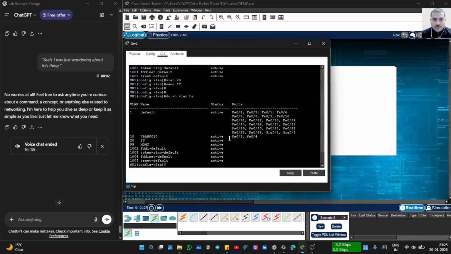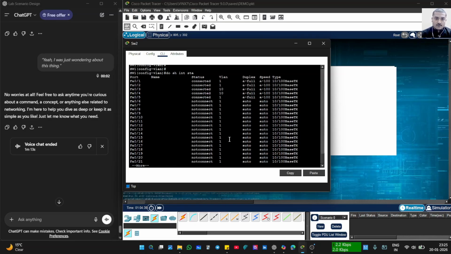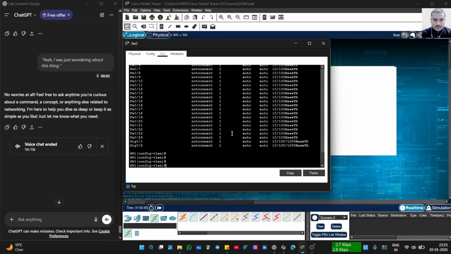VLAN 20. So I have to update this thing. Once I have done this, now let's see what's happened. So do show interface status, it's 3 and 4 for 10. No, we have to update this thing. So I will go in